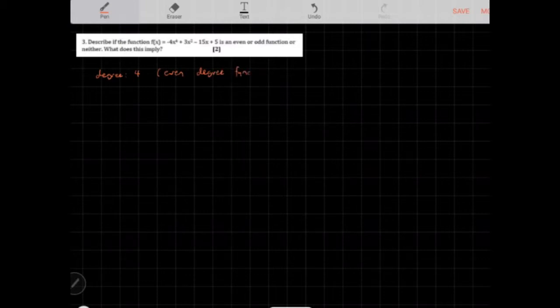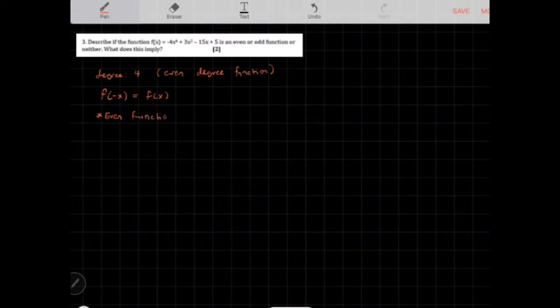So we made the statement that even functions have to have even degrees, right? So off the bat we can tell it's not an odd function, right? So because it's not an odd function, we just have to do the test for an even function. An even function just means that it satisfies this equation: f of negative x is equal to f of x, and all even functions